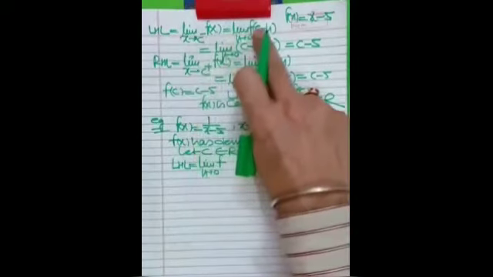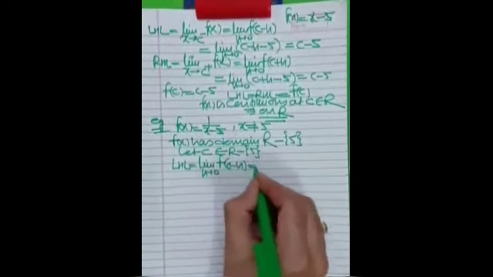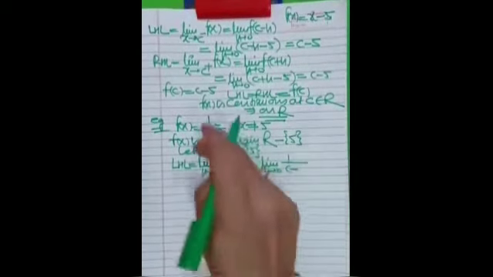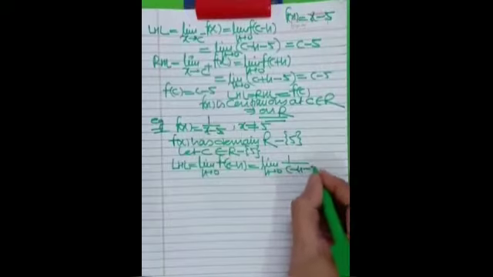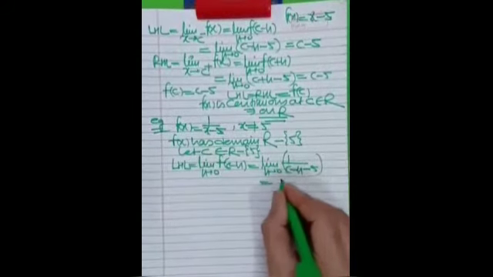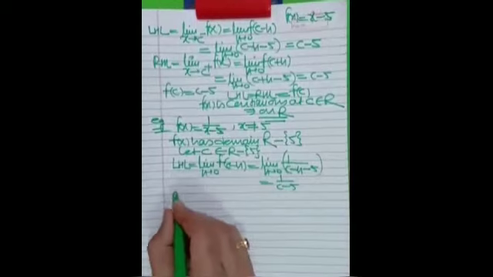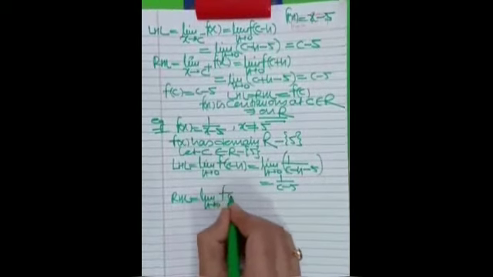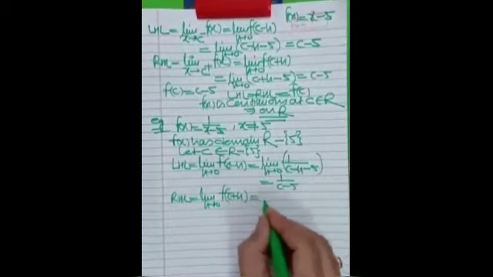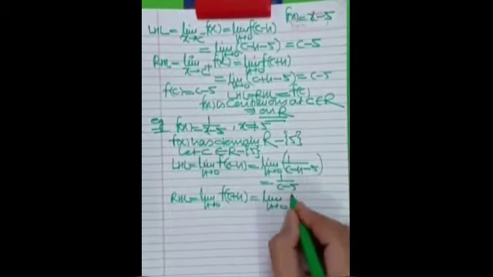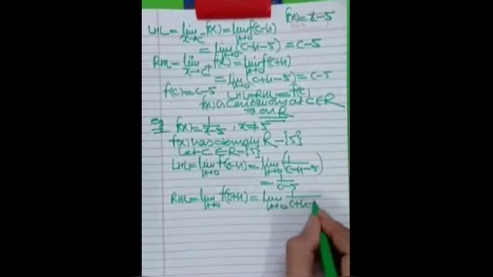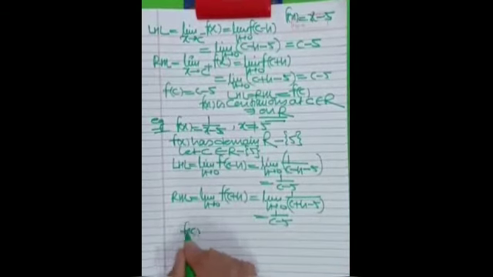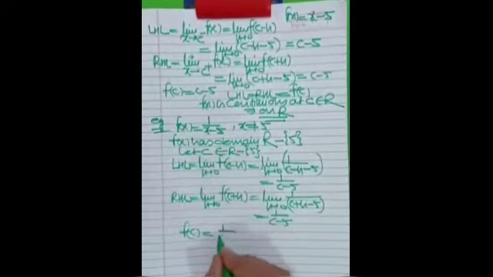This one I'm directly writing this c minus h. Doesn't matter, you can write in the examination also, because it is clear that you are taking right neighborhood. Put h is equal to 0, c minus 5. Now RHL is limit h tends to 0. Look, c plus h, which neighborhood is this? Right neighborhood. h tends to 0. Now what to do? c plus h minus 5. When you put h is equal to 0, c minus 5. About the value, when we put c, c minus 5.